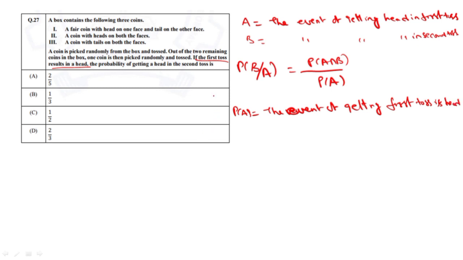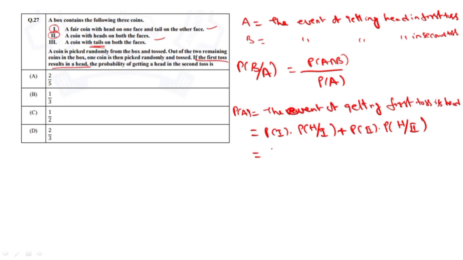So the first toss is getting head, only two types of coins will be taken or picked. Only the first coin and the second coin. In this coin, both faces have tail, so if you pick this coin, we do not get head. That's why we are calculating only these two cases: getting coin 1 and getting head from coin 1, by using the multiplication theorem, and getting coin 2 and getting head from coin 2.